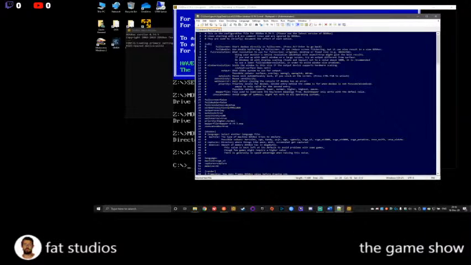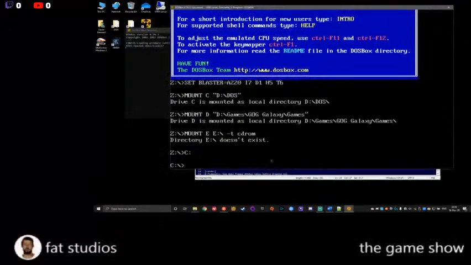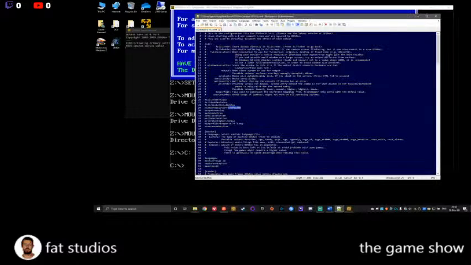This bit here, window resolution, is where you can put basically how big you want this window to be. So you can set that to whatever you want. I set it to a 4:3 resolution, so that's like an old square computer monitor, but you can set that to a widescreen resolution if you want. Keep in mind, most DOS games weren't widescreen, so a lot of them will stretch. This bit here, overlay, or the output,